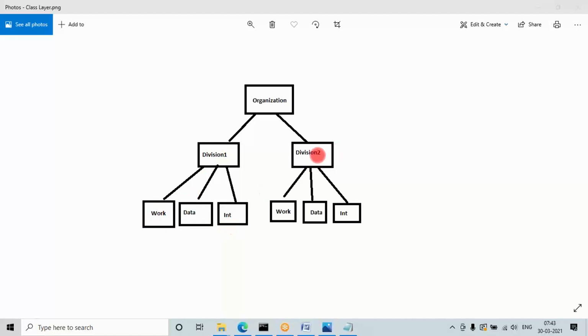If you create in alpha life, under the alpha life units only you can reuse the rules. So the thing is, in the application, sometimes you will be creating rules in organization, division, and in unit classes also. If you create in work, then under the work subclasses whatever we have, there we can reuse them. If you create in data any rules, under the data classes we can reuse them.